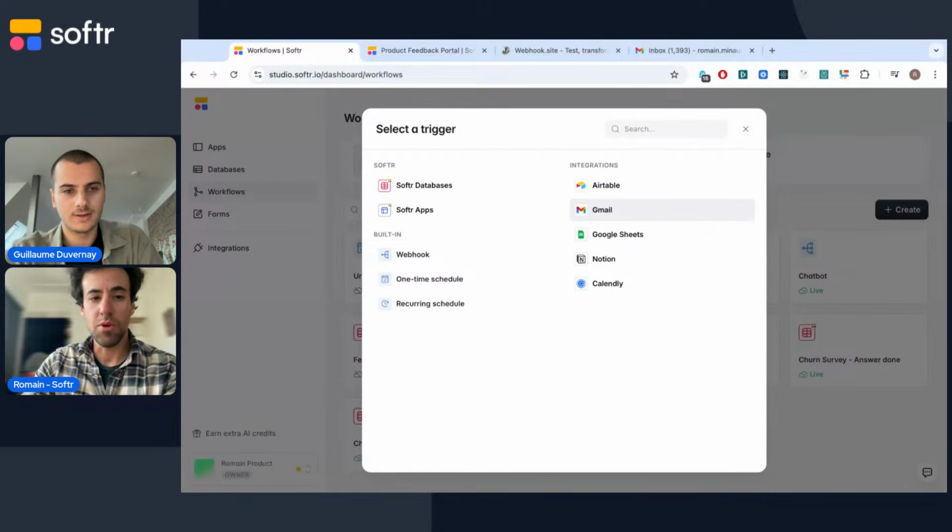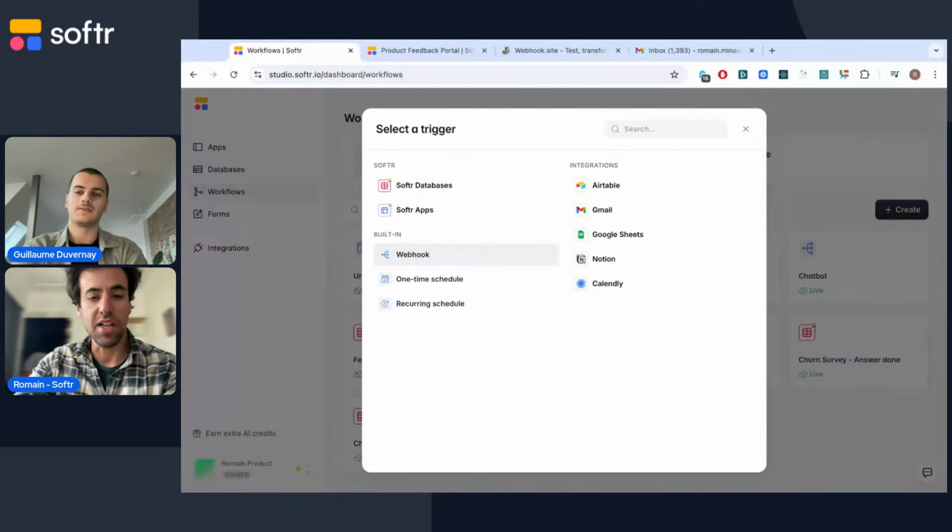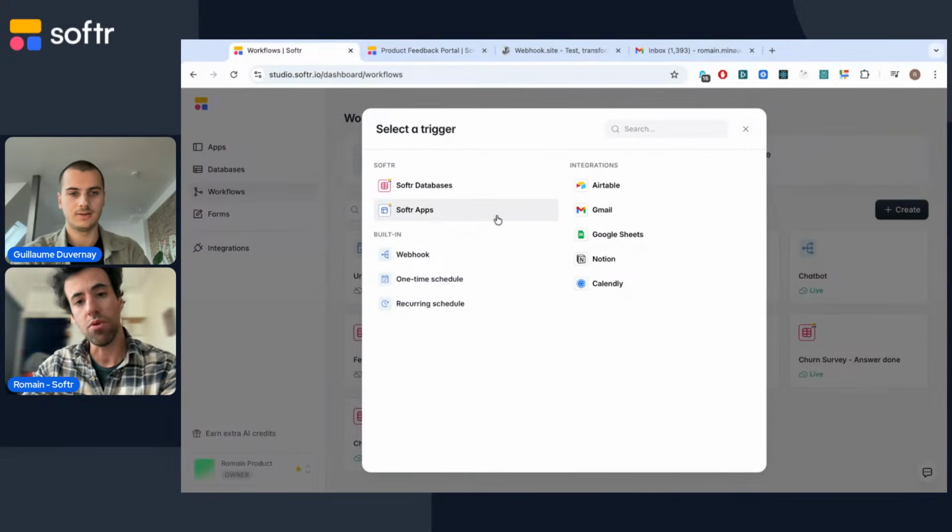So a little bit like webhook, you will get not an endpoint, not a URL, but you will get an email address, a fake email address. And whenever someone sends something to this address, this will trigger the workflow, and you will be able to use the content of the email, including the attachments, to do something downstream.